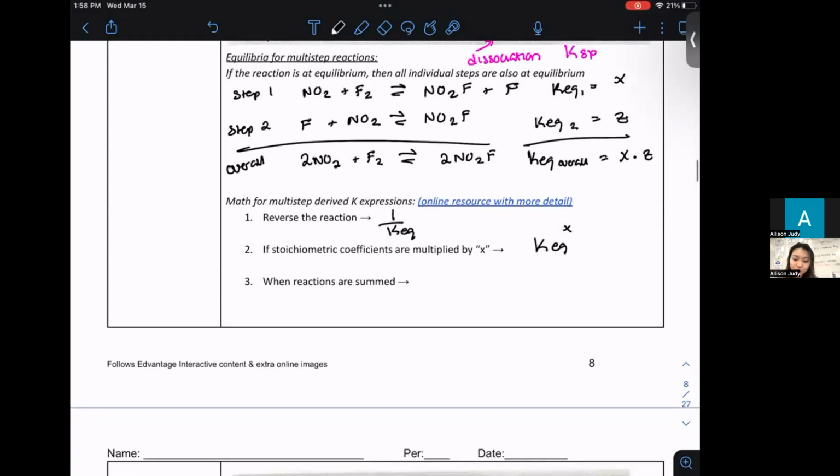So when reactions are summed, you do KEQ 1 times KEQ 2 times KEQ 3 and so forth to get your overall KEQ for the overall reaction. So similar concept as what we've done previously through algebraic summation, but slightly different mathematical manipulations to, again, account for